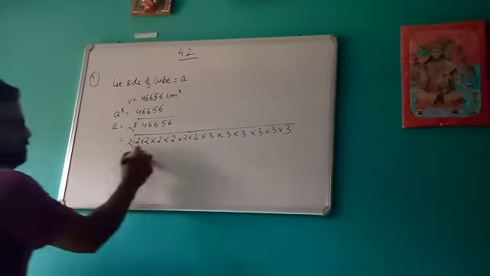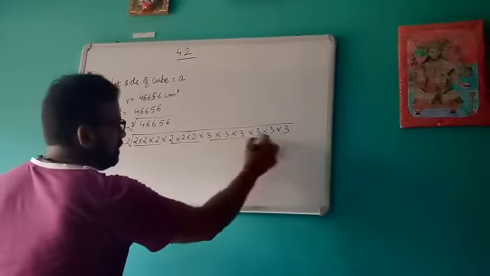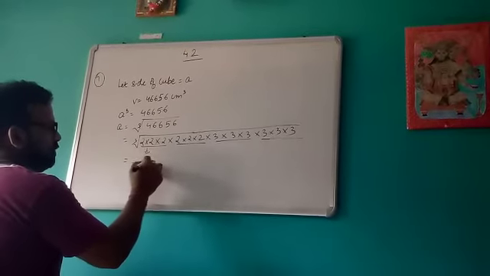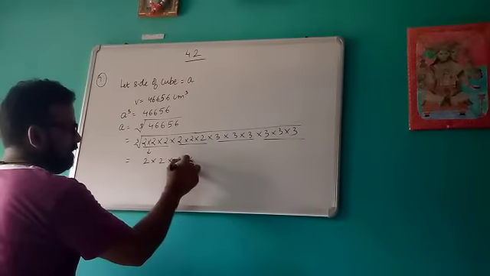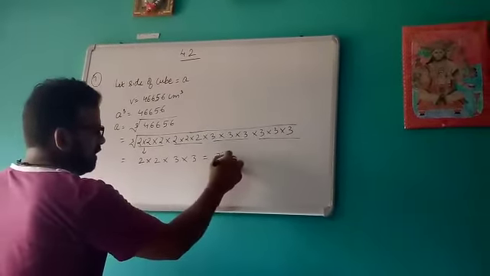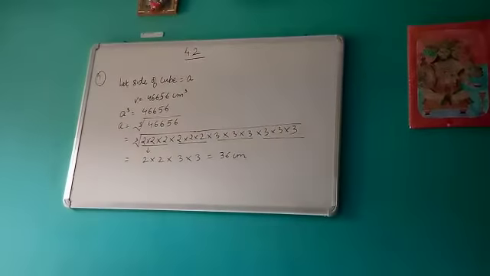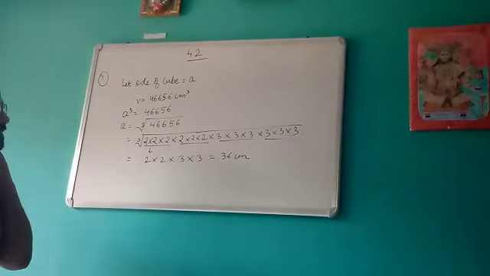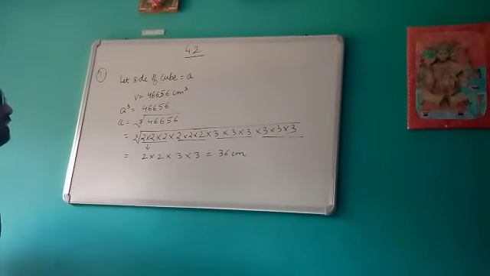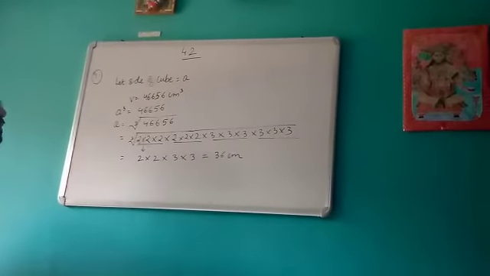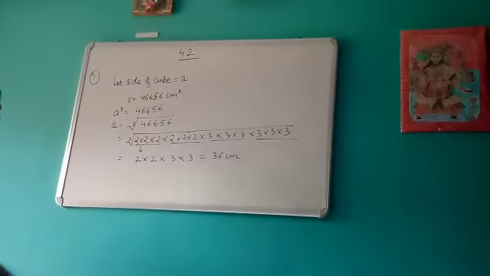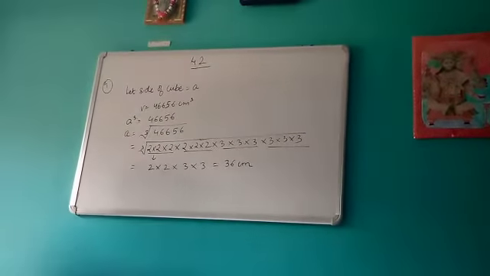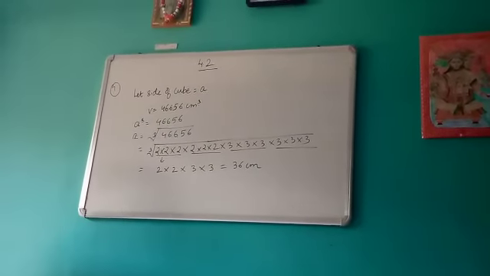This will be its prime factorization. So when you take out the values, see, all the groups have been formed. That means you will get the perfect value. So 2, then 2, then 3, then 3, that is 36 centimeter. Okay, so this is one of the applications of the cube root method. Whenever the volume of the cube is given, in that case you can calculate the value of the side of the cube. So this is your answer, 36 centimeter. So this is all about your exercise 4.2. Next week we will discuss exercise 4.3 and 4.4.